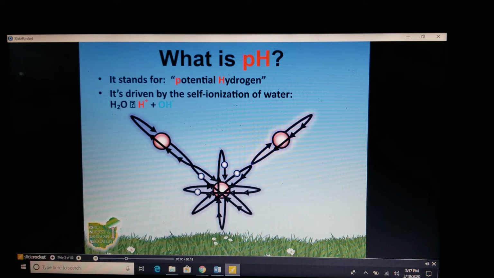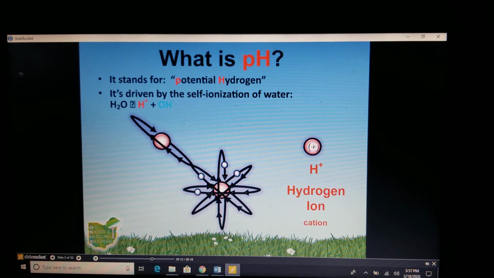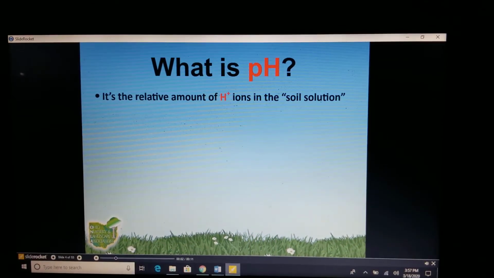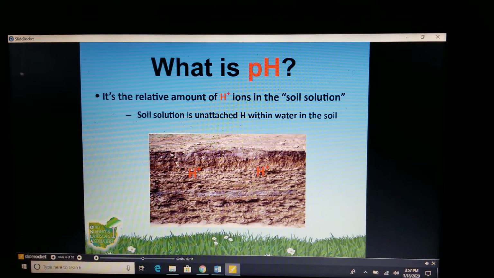Occasionally, a water molecule will simply fall apart, producing two ions: a positively charged hydrogen ion, a cation, and a negatively charged hydroxyl ion, an anion. pH is the relative amount of hydrogen ions in the soil solution. The soil solution is the hydrogen that is floating around within the water in the soil, and they are not